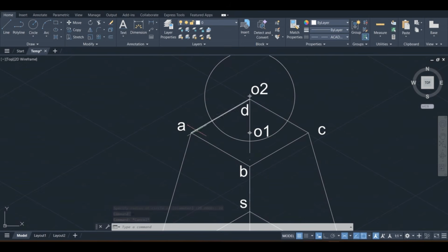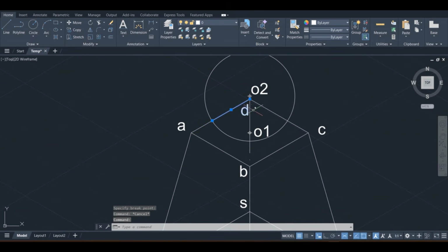Okay, next see, the top base of the square pyramid frustum, the behind portion from this sphere is not visible, so I'm going to change that segment into a hidden line. For that I need to break this and this, so using break at point, this line at this point and this line at this point.